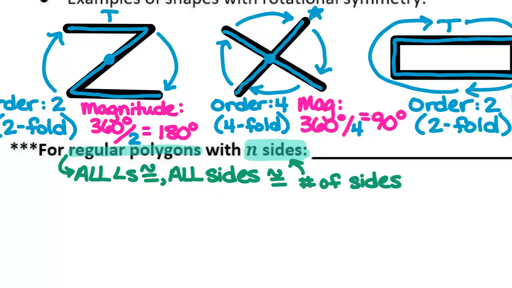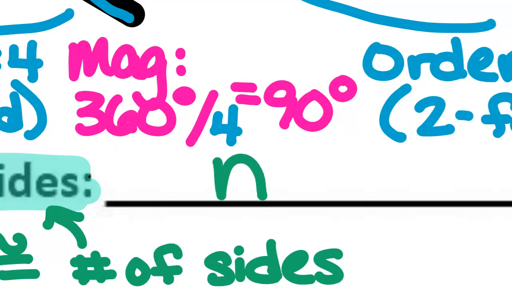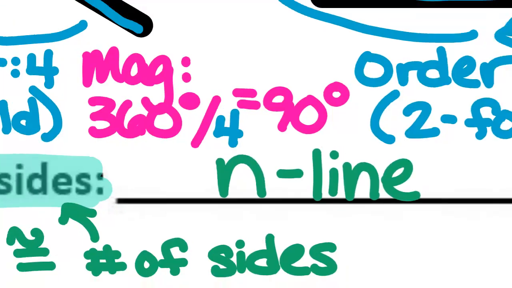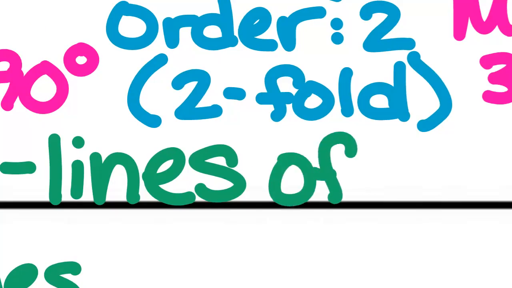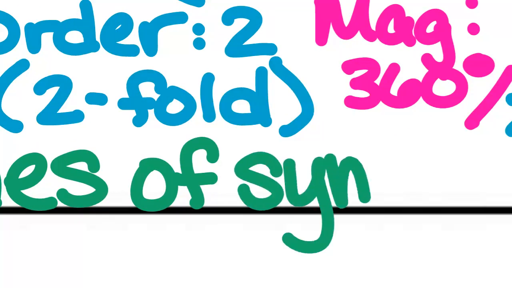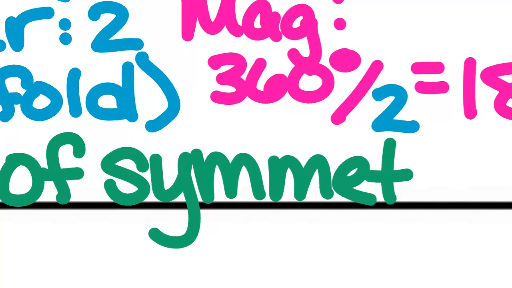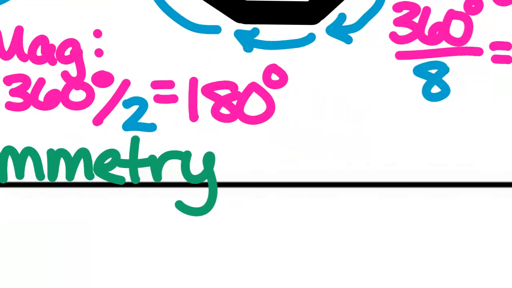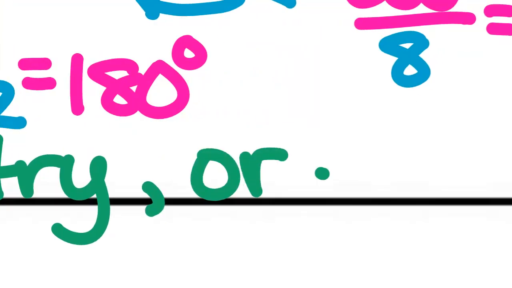So when I'm looking at a shape like a square, or like this octagon that I tried to draw, where I tried to make sure all of my sides were the same size. When we have a regular polygon, all the sides are congruent, all the angles are congruent. However many sides I have, that's how many lines of symmetry I will have. So we will have n lines of symmetry, and the order